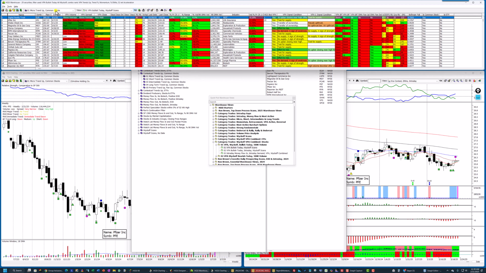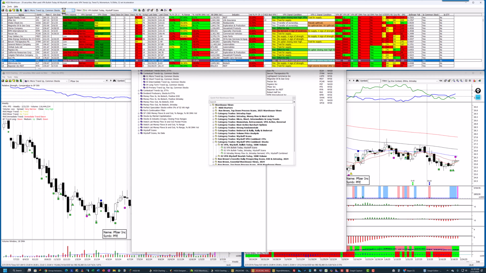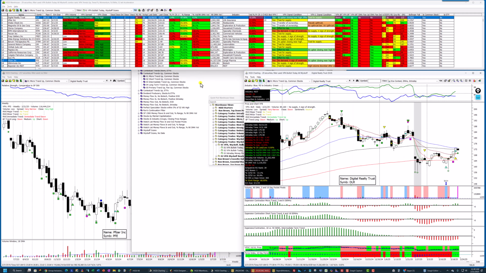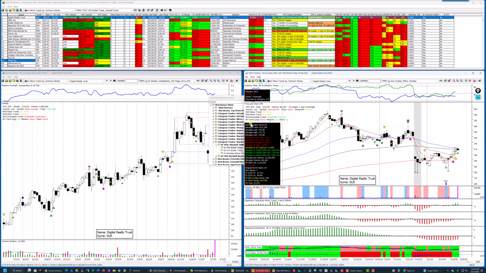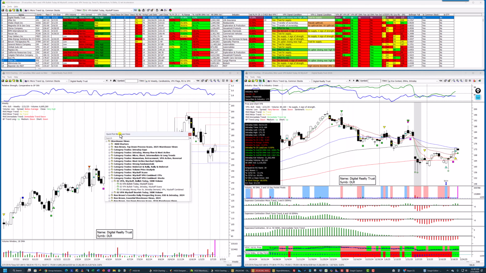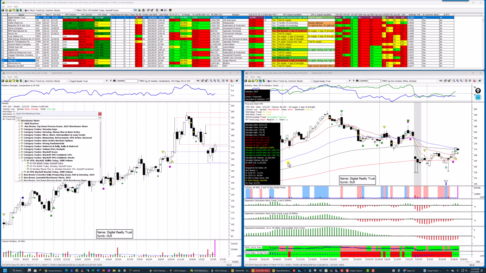So I'm in microtrend common stocks to begin this, and you can see that I'm in the end of day. It doesn't say end of day, but the first one is end of day. And what do we have? We have 29 securities here, which meet this criteria. So I'll just click on the first one, get rid of the designer, get it out of the way, move this over here, and what I'm looking for, or what I expect to see